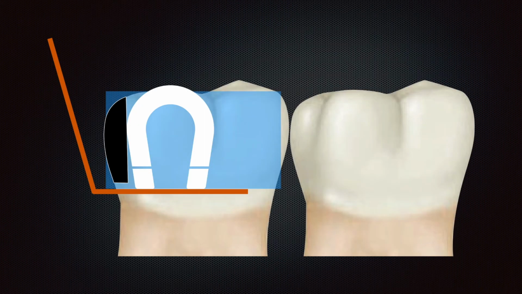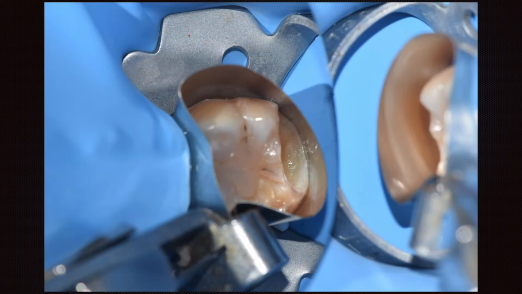Now there are situations where the cavity is situated on the distal most part of the last tooth in the patient's mouth. In such cases, when we have isolated the entire tooth and are using a Tofflemire retainer, it fits perfectly well if the deepest margin of the cavity is not very much subgingival. As you can see in this case, the distal most margin of the tooth was not deeply situated, so the Tofflemire retainer fitted perfectly well.